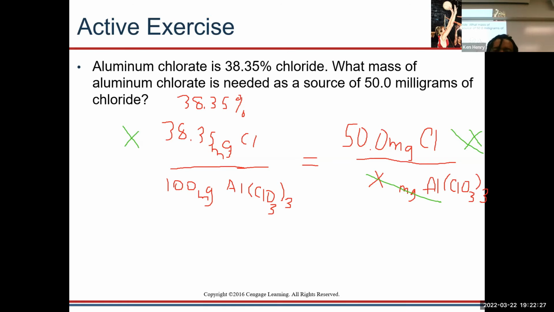So I'm going to multiply that by 100 over 38.35. Do the same thing over here. Okay, so then 100 is going to cancel out, 38.35 is going to cancel out, and then I'm left with just X is going to equal